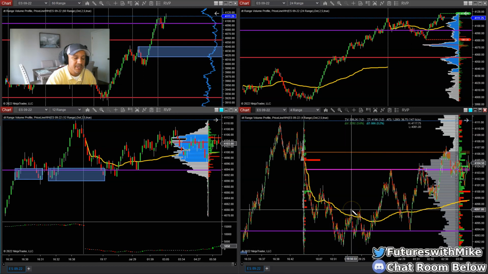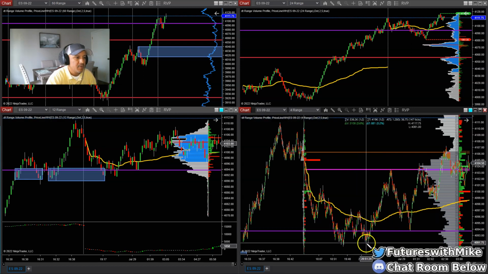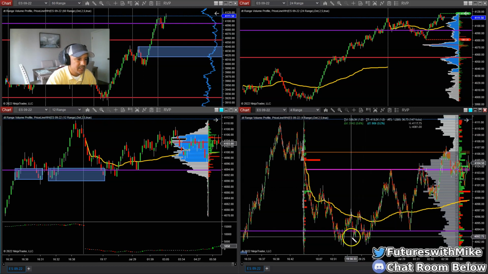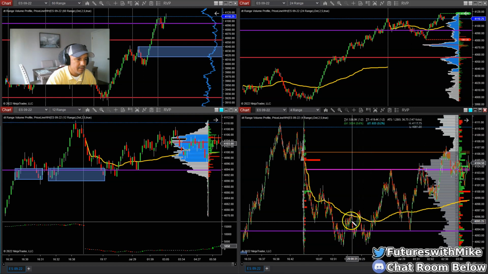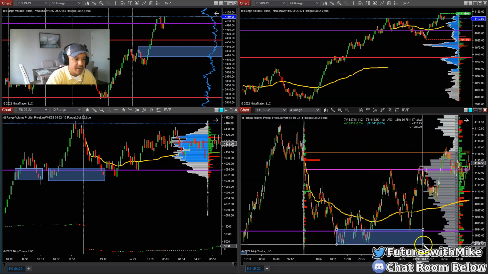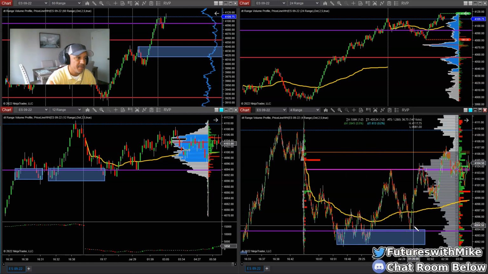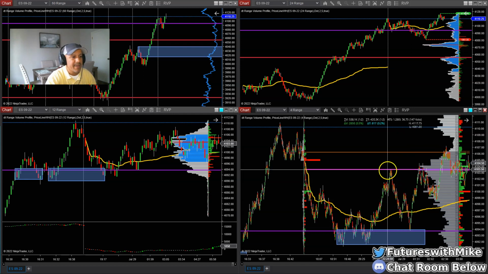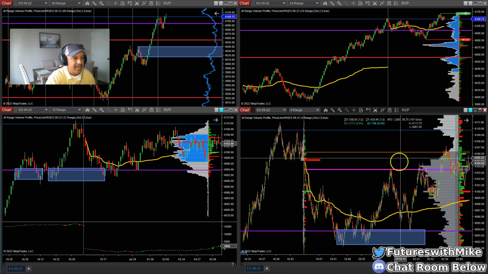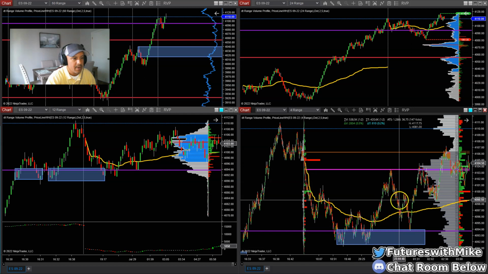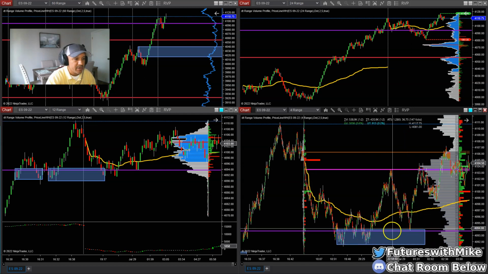Price pushed up on the lower time frame. Price pushes up here, pulls back, breaks higher, boom. This area right here, let's see where we got it at. Pulls up here, make sure, okay? I'm making sure. It's pretty much this area right here, okay? This area right here is now where I mark my demand zone off of the 4 range chart. I want to see price come back to the lower end of the leg here where price pushed up. I want to see it come back here. That's why I have this purple line here. That's why I marked this zone here. When it came back to this area right here, okay?